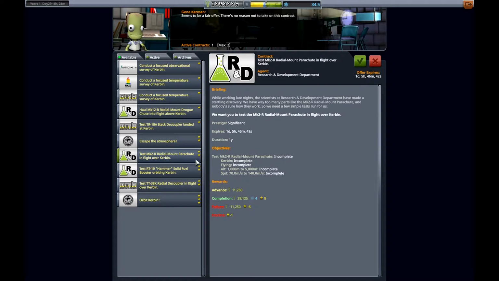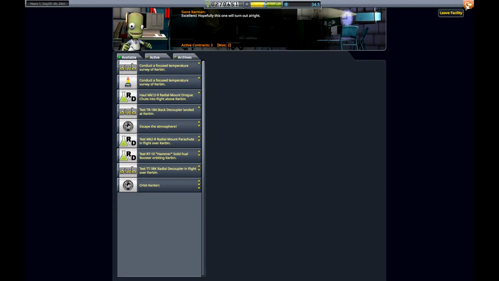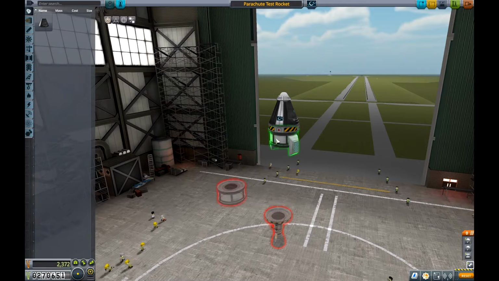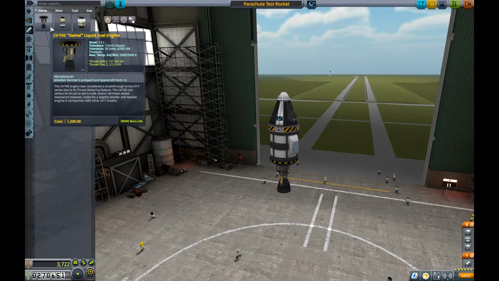Well, here's our radial mount parachute that was supposed to work the last time. We're going to do this one. We got to get above 19,600 meters and do some sciencey stuff. Okay, so I think we should, actually, we want to keep this just as is, but we want to start off